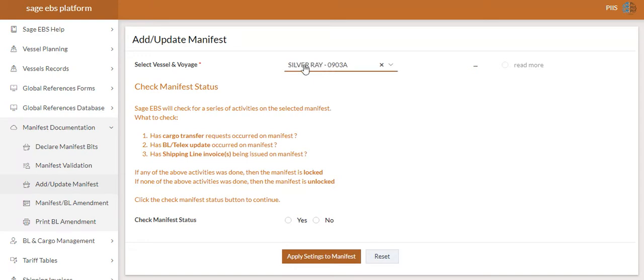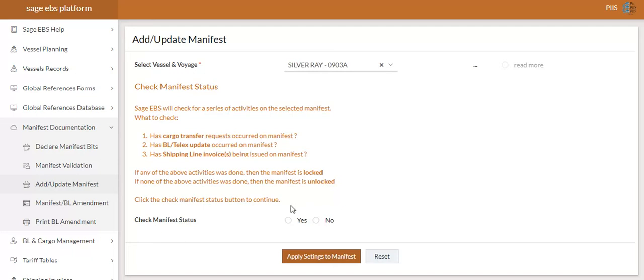That is the vessel and voyage number that we'll be selecting here. And those activities include: has a cargo transfer request occurred on that manifest, has a BL or telex update occurred, has any shipping line invoice been issued on the manifest.